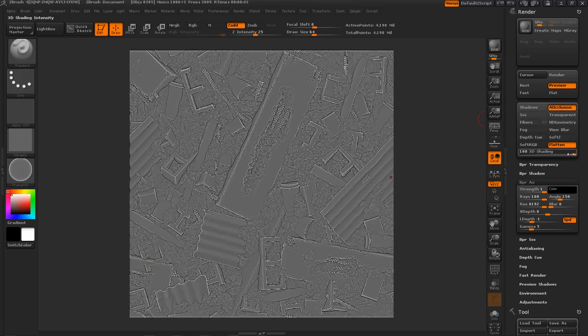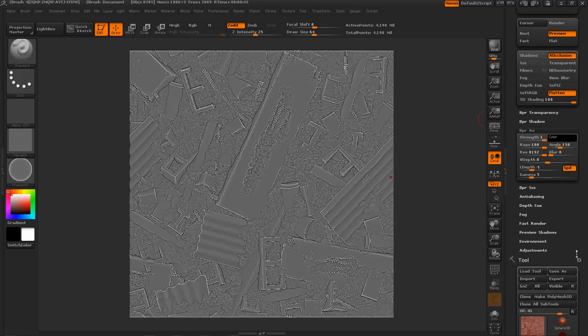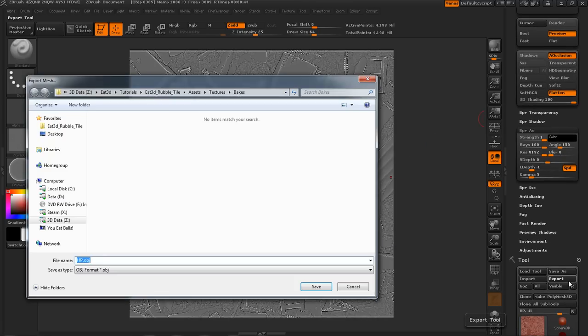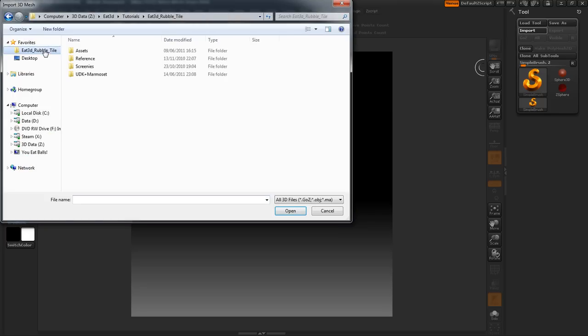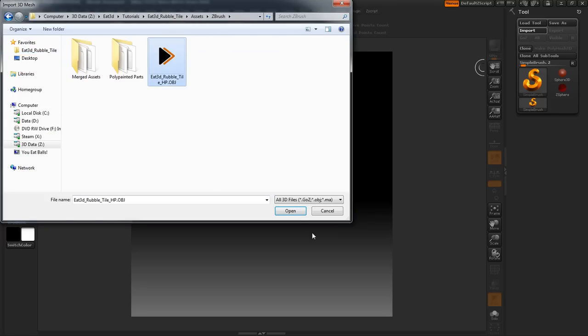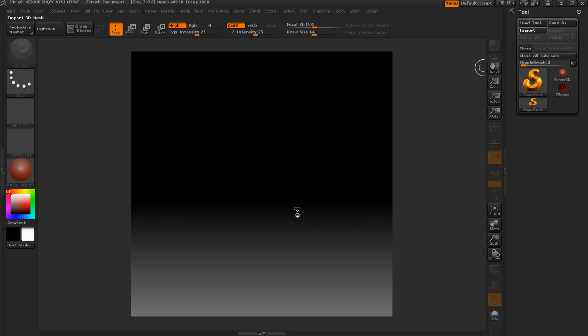Now I want to export this as an OBJ so we can use it to render ambient occlusion in xNormal as well. This is just to show that you can use a mesh that's projected directly from the top. So we're going to call that 3D rubble tile high poly and just save. Okay, just want to import our 3D rubble tile OBJ that we just exported,